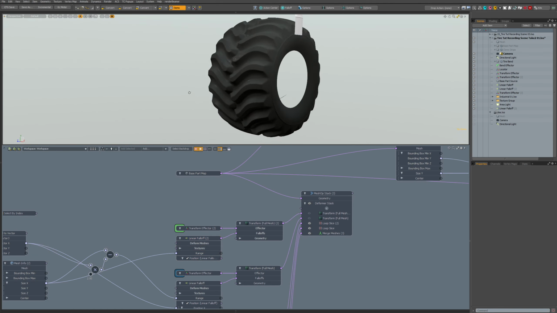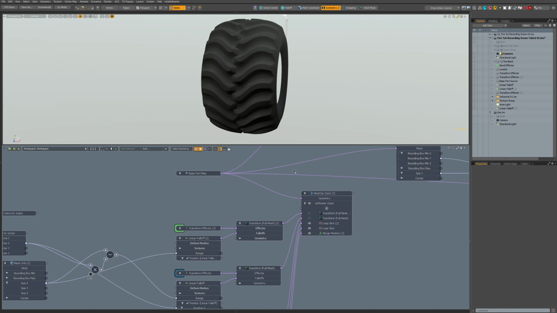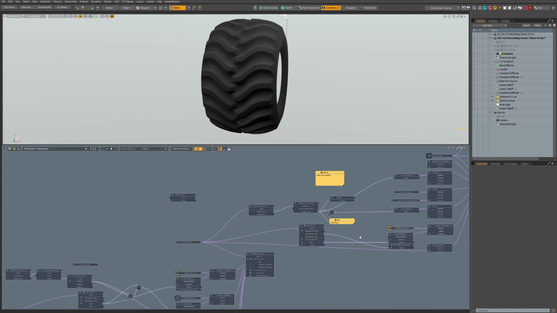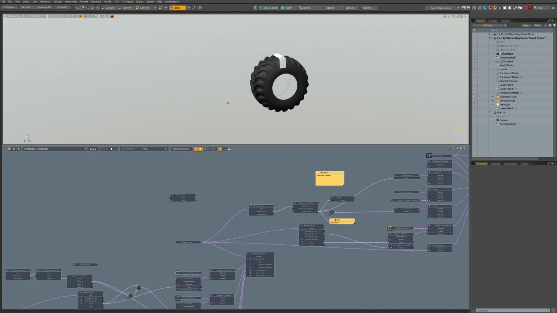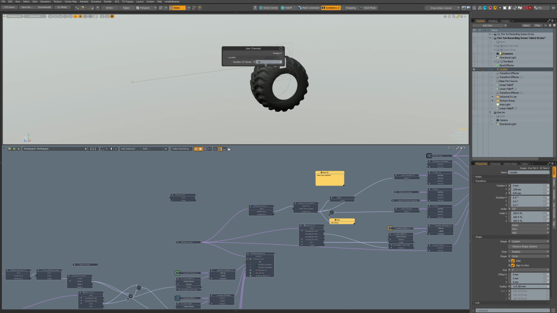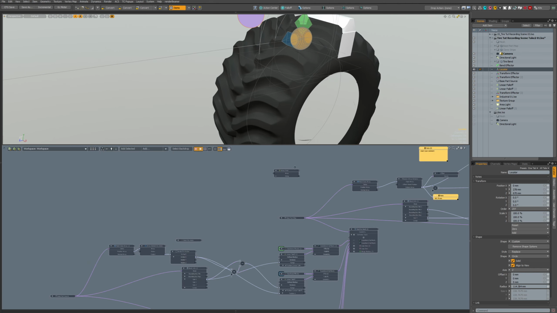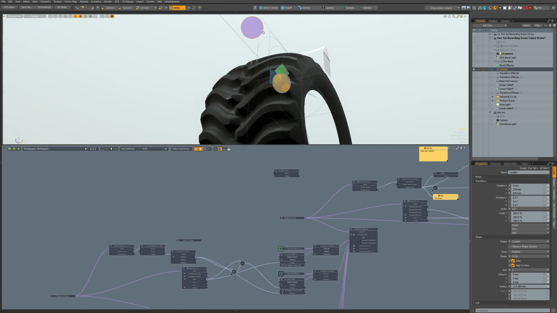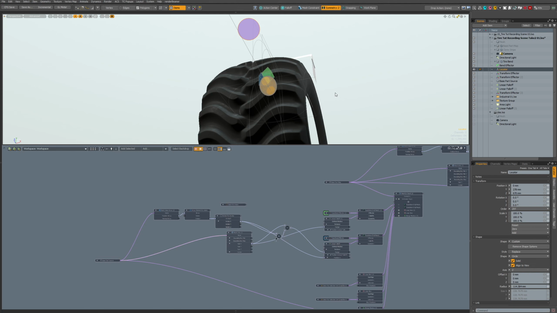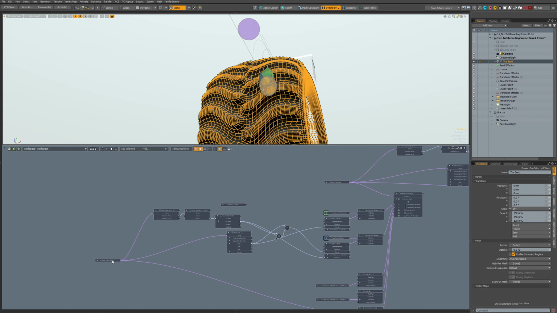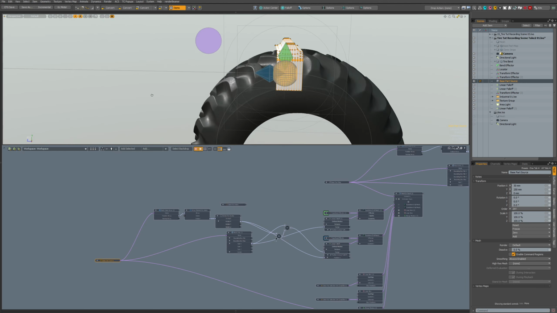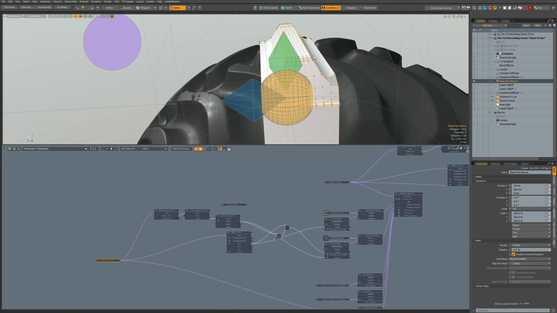So yes, it's looking quite nice in my opinion. Let's add the final bevels, and I think it's ready then.